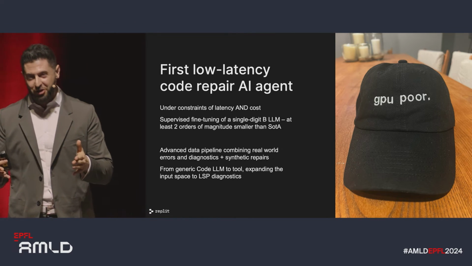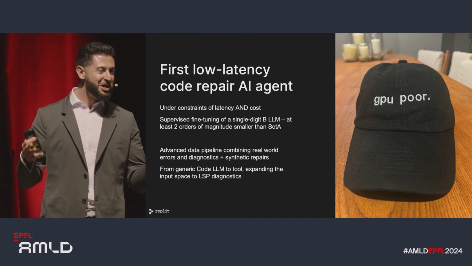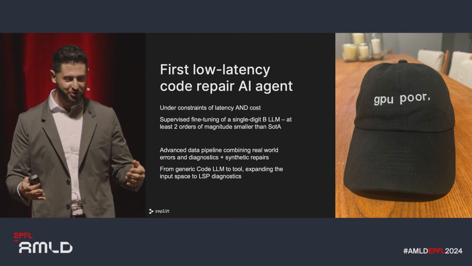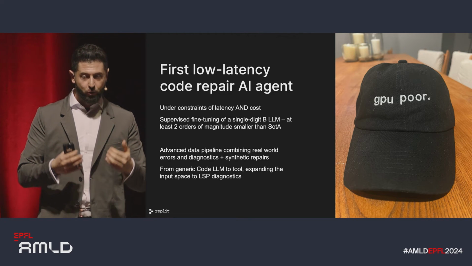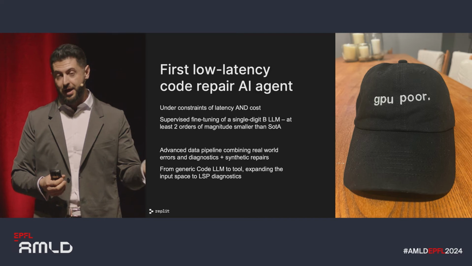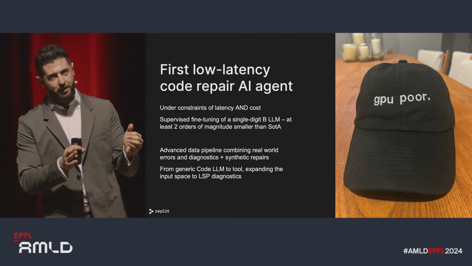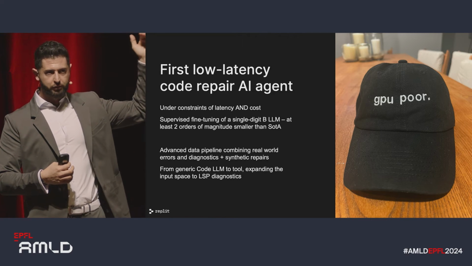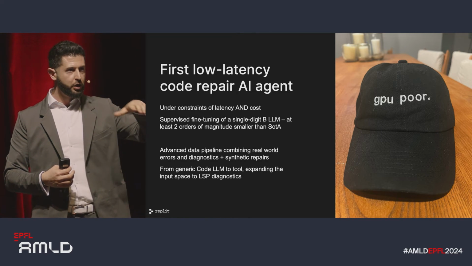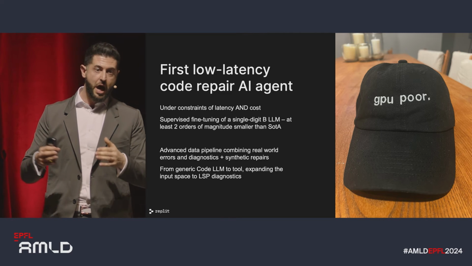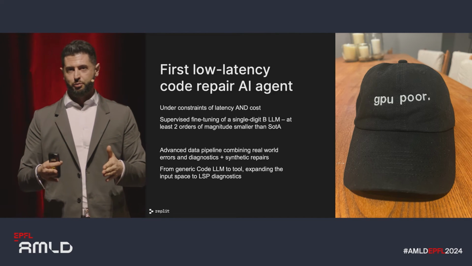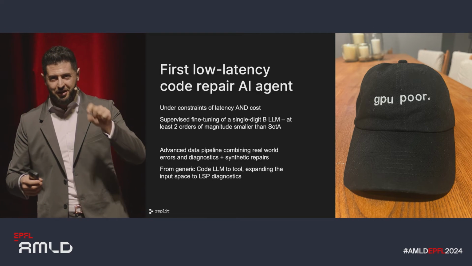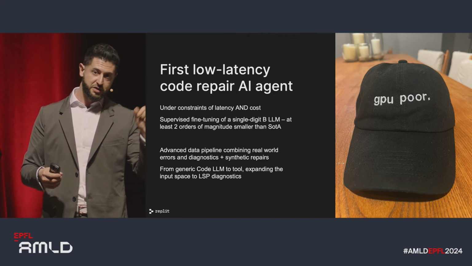And it shouldn't come as a surprise that Replit is what in the Valley is considered a GPU-poor company. We're not a big tech company, so every time we build AI, we are under the constraints of latency and cost. Latency because we want to provide a better user experience, right? So we wanted to go from those 30 seconds that I showed you before to something that is almost instantaneous. And cost because we would love to put this in front of every single user. So a fixed point in our design then becomes the size of the model.